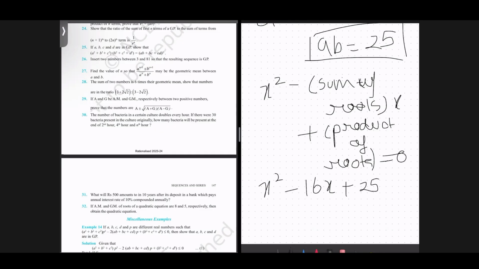You get 25 here, equals to 0. So your quadratic equation is x square minus 16x plus 25 equals to 0, right? So this is your required quadratic equation. Moving on,